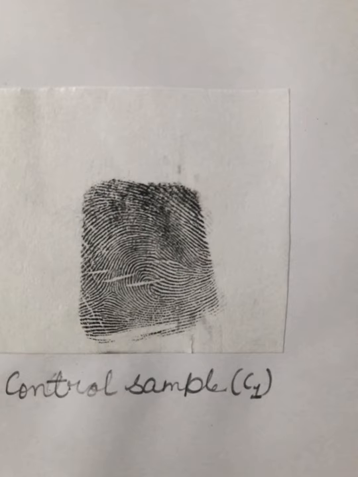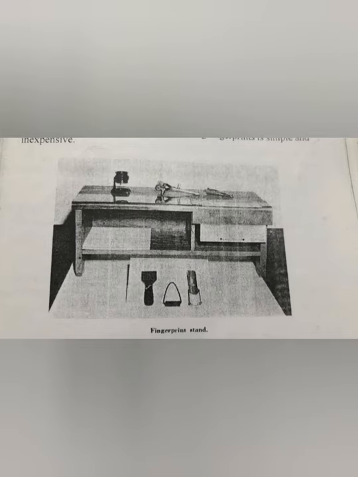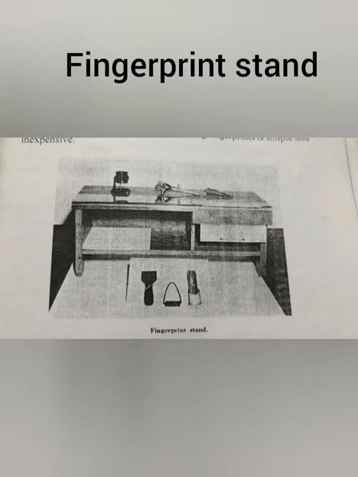And this friction skin is not found only in the fingers, it is also found in the palms and the soles. These fingerprints can be found at various types of crime scenes because the sweat glands and the sebaceous glands, which release sweat and oils, are the only constituents of a fingerprint. So when someone touches anything at a crime scene, he unconsciously leaves his fingerprints there, but they are latent, not visible to the naked eye.